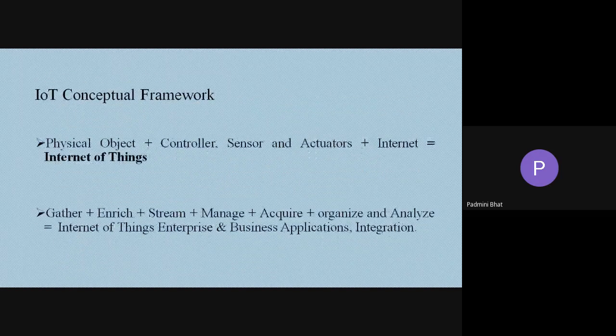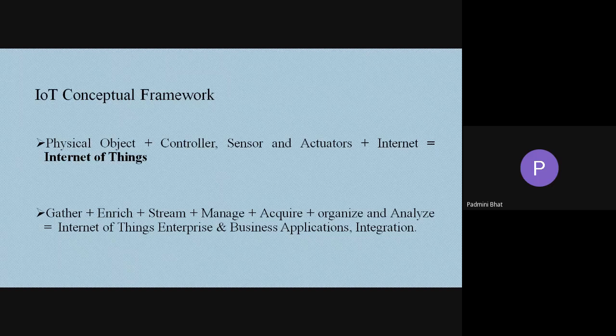Next is the important one, the IoT conceptual framework. The conceptual framework is the first stage, before the architecture. The framework tells me what all is required and how it has to be arranged for an IoT to function completely.